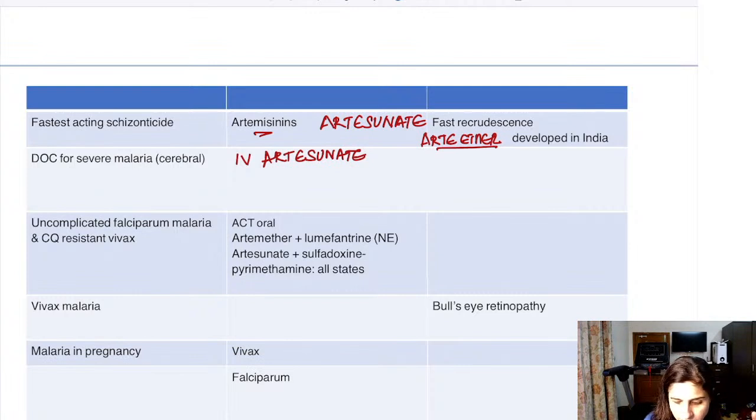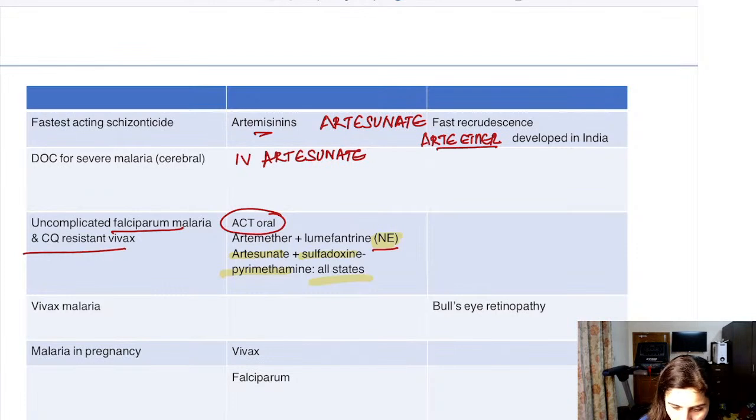So uncomplicated falciparum malaria and chloroquine resistant vivax. Falciparum तो हम assume ही करते हैं it is resistant, ठीक है ना. So there what can we do, we use a combination which is your artemisinin combination therapy and these are the various therapies. So north east में जो question आया था, only in north east we use artemether plus lumefantrine. Everywhere else we are using artesunate plus sulfadoxine pyrimethamine. Everywhere else, this you should know, ठीक है. In North East it is only artemether and lumefantrine and the other states have artesunate plus sulfadoxine pyrimethamine combination,